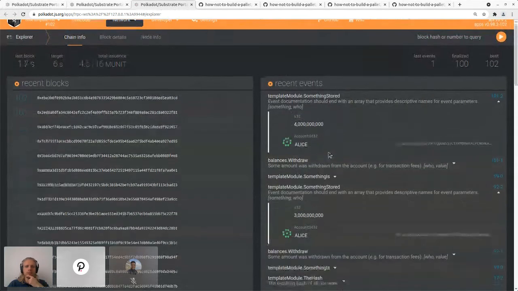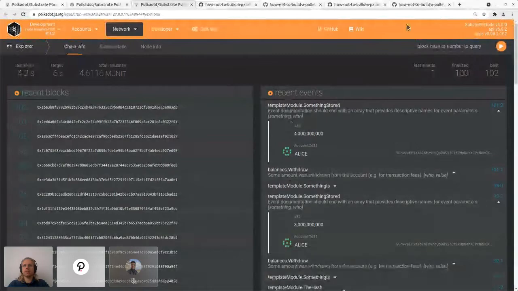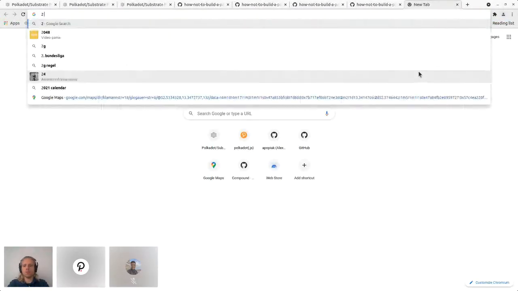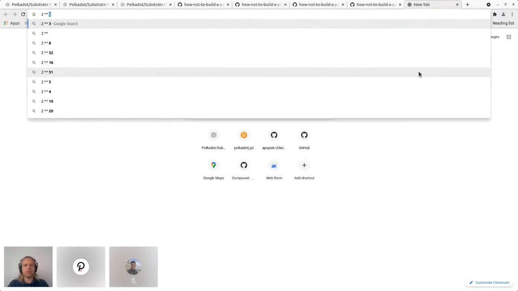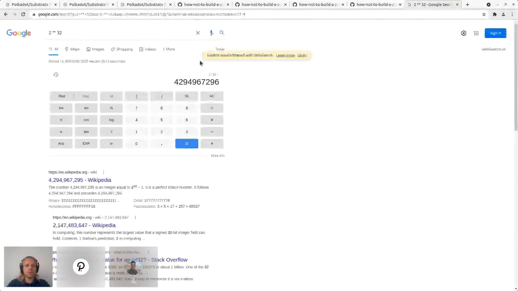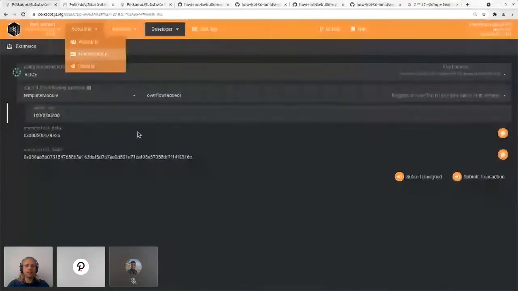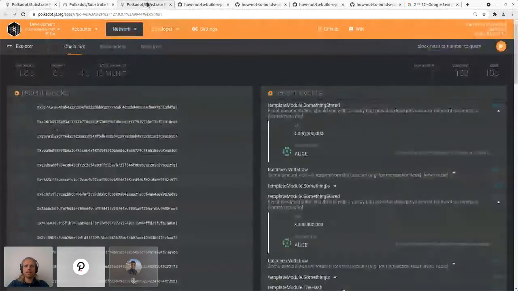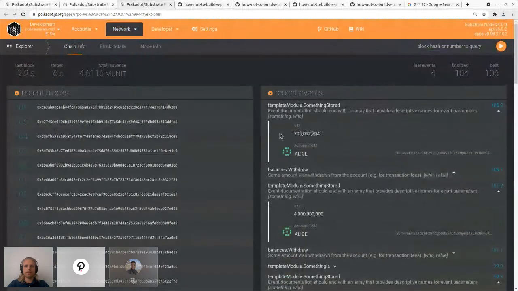So the value, where does it wrap around? Let's see. 2 to the power of 32: 4,294,000,000. Okay, all right, I got that wrong. So then I guess we just add another billion, and then it should wrap around. Right? So now we have a value of 700 million instead of, I think a lot of the time, I